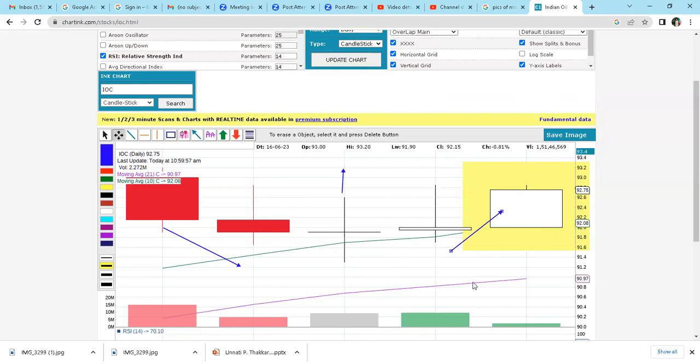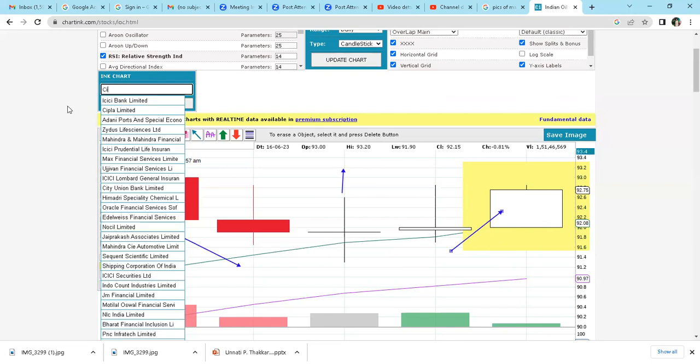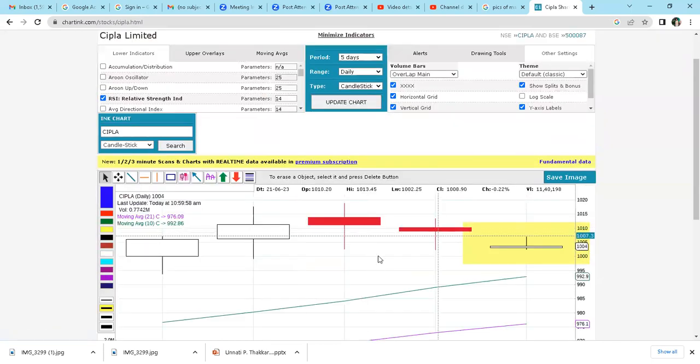Now let's study another stock, the pharmaceutical company Cipla. On the screen, there was a pattern moving upward and downward. Once the market is going upward and this pattern appears, it indicates that we should sell our stocks. But as soon as the market arrives at a red candlestick, we should stop and watch the market. On 22nd,